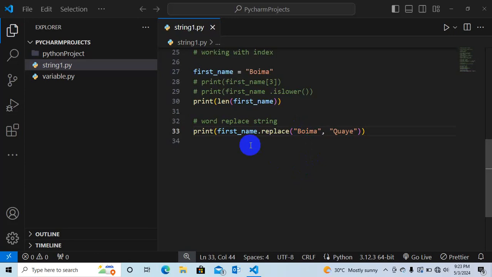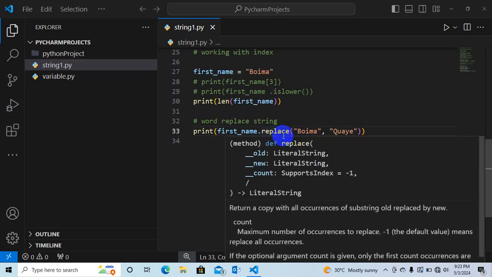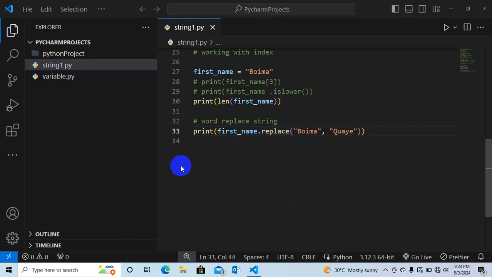Today we're going to talk about the Python programming language, and we're going to talk about word replacement in Python. Remember when we were doing strings, we talked about replace. Replace is a string method that you use in Python. We also talked about input, but here's a question now. How can we use both input and replace in Python?